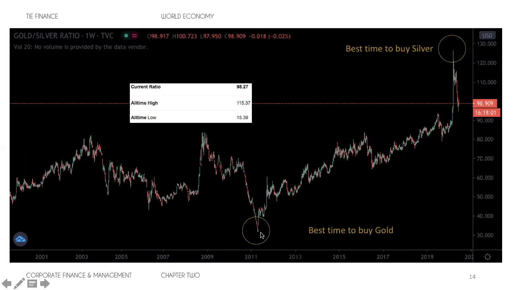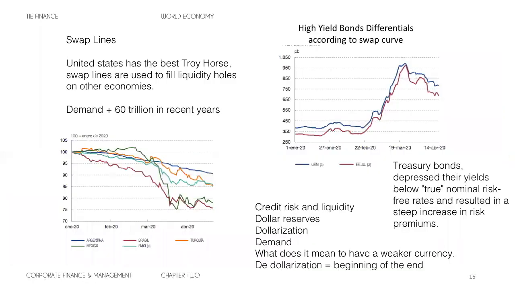And this case has been around since 2011, right? So this is also an indicator that you should be aware of. Every time the gold-silver ratio goes down, it's time to buy gold, and when it goes up, it's the best time to buy silver. In ratios, it's one of the most accurate ways to value things and to get the best timing to buy some assets. We don't get confused by all the money printing and all the bubbles